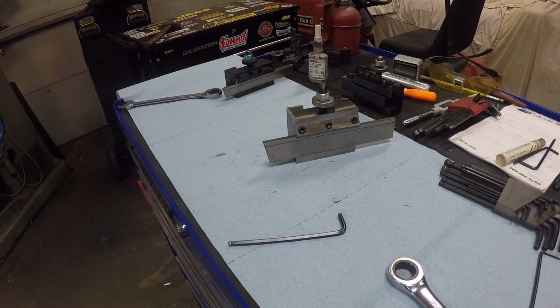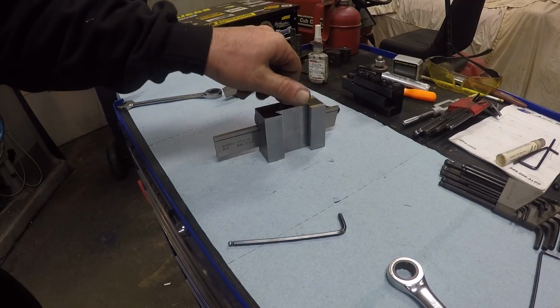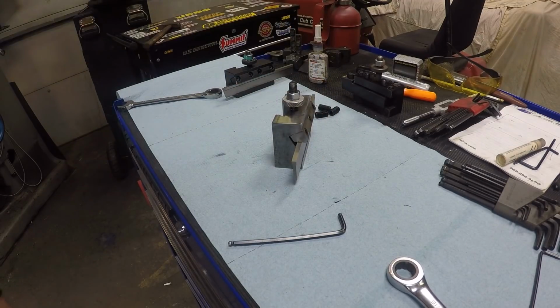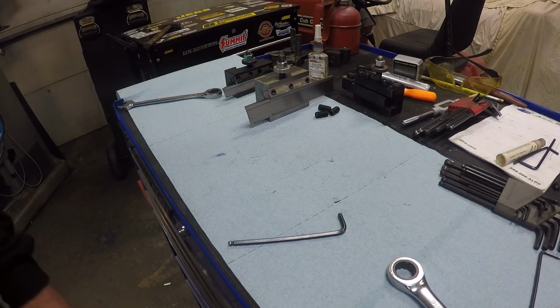I'll probably, next time the wife makes a pie or something in the oven, once she gets done, I'll throw that in there for a couple hours and let that thing blue up and get it oiled. I'll get it set up on the lathe sometime. It's just a little project I wanted to get off my workbench. So I got other things I need to get back on. So I just want to get this cleaned up, done, and